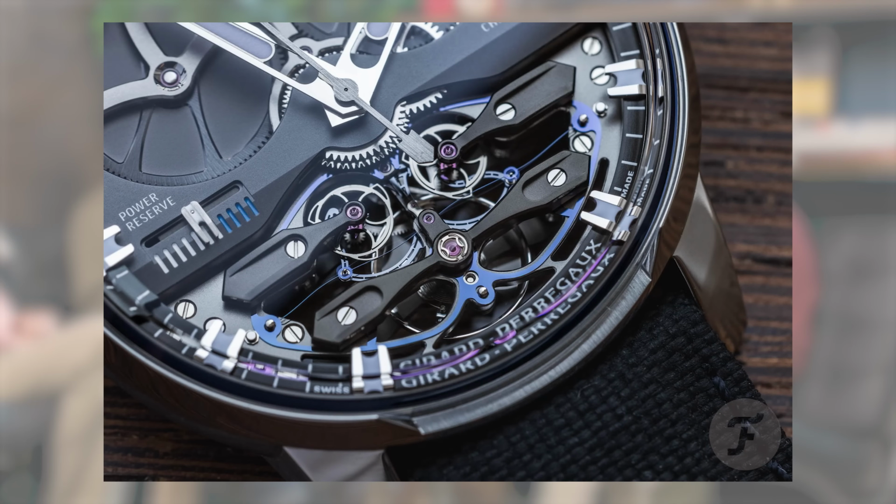So Mont Blanc's your choice? No. My choice is not Mont Blanc. We sort of riffed off quite a few brands there, but my first choice is Girard-Perregaux, which I feel, given the history of the brand, given everything that the brand has done throughout history,